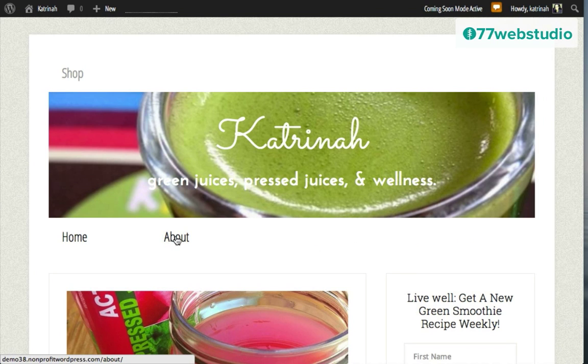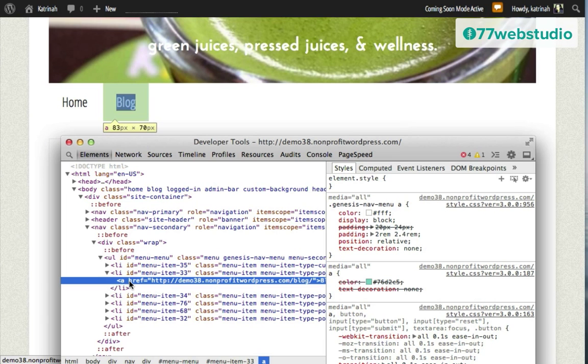So the next step is I want to find out what the code is for these fonts right here, and I want to change them from white to a color that we can actually see. So I'm going to open up Inspect Elements once again. Then once I open up Inspect Elements, we can see on the left-hand side the HTML that is creating this element right here. And on the right-hand side, we can see the styles.